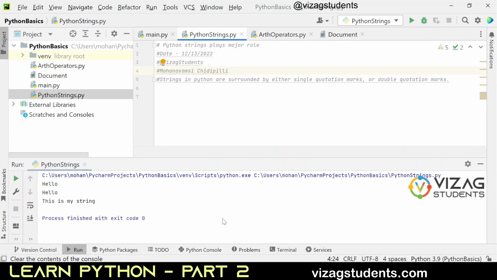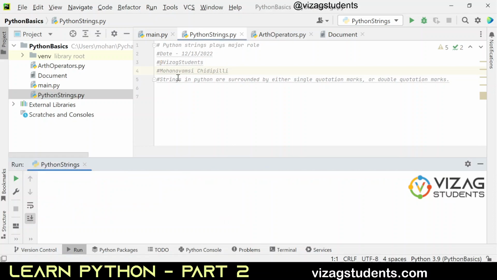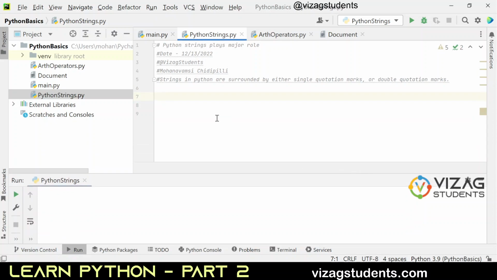This is our console. Previous examples, I'm clearing this one. I increased my font to 20 now, so you can clearly see everything. So let's get started. Strings in Python are surrounded by either single quotation marks or double quotation marks, single quotes or